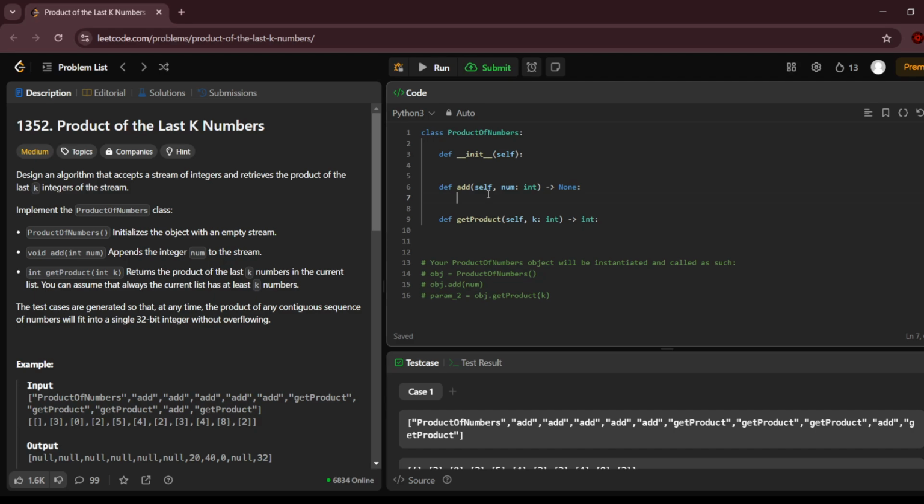So the idea here is that it is similar to prefix sum, where you do some pre-processing, right? So in this case, as you encounter new numbers, you keep adding them in your product array. And the only caveat here is that if you encounter a zero, then it's going to mess up all the products, right? So you need to keep track of the indices where you encounter a zero, and